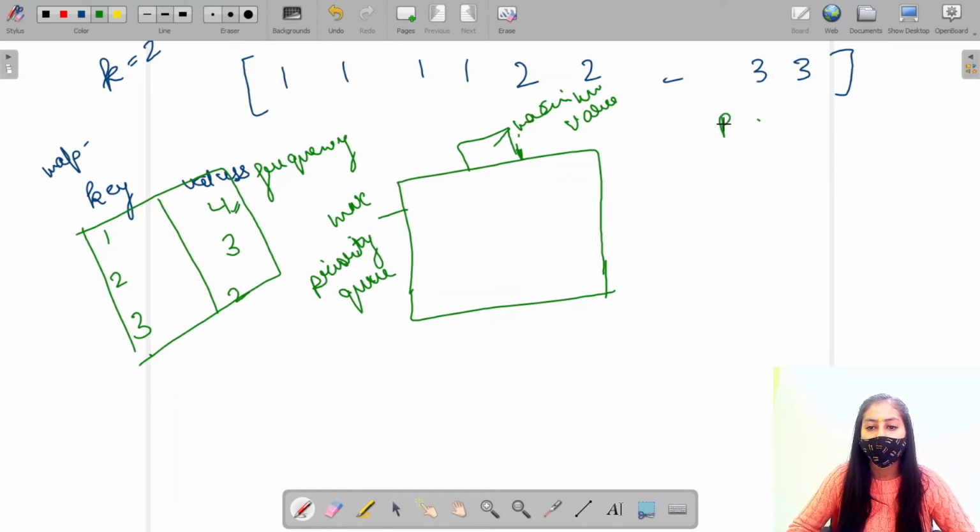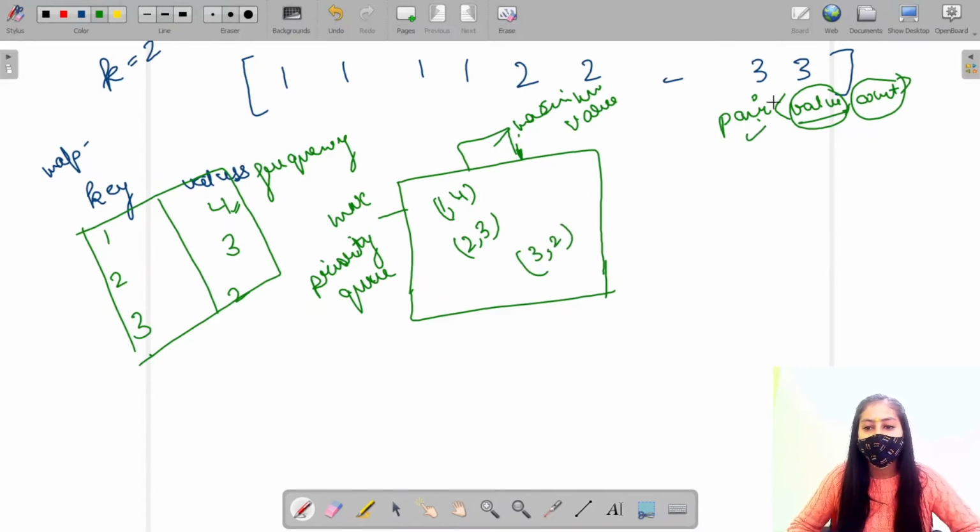So what are we going to do? We are going to use a pair class. In the pair we are going to take the value and the count, right? The first value is going to represent the element, the second value is going to represent the count. But if I put the pair like this, value and count, the count corresponding to 1 is 4. In the pair class, the values are compared on the basis of the first element, right? So it will put 3 2 at the top of the priority queue. Why? Because the maximum value at the first position is 3, but we want the count here.